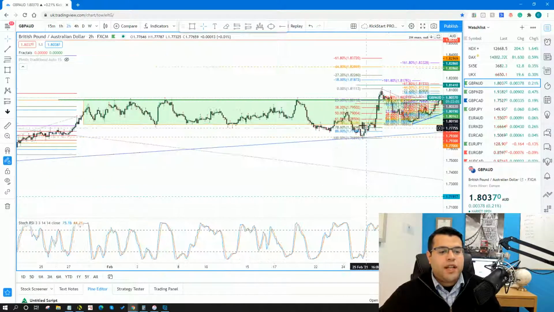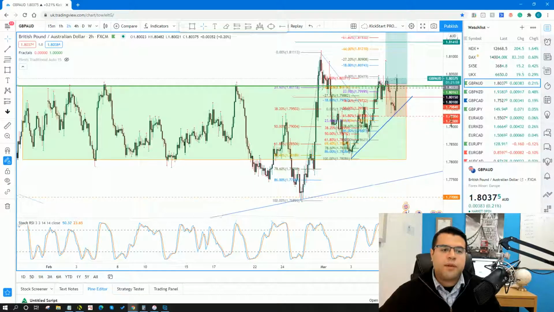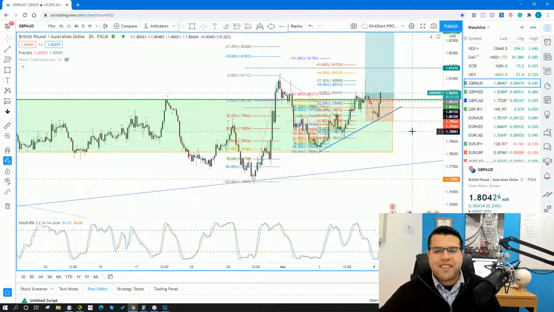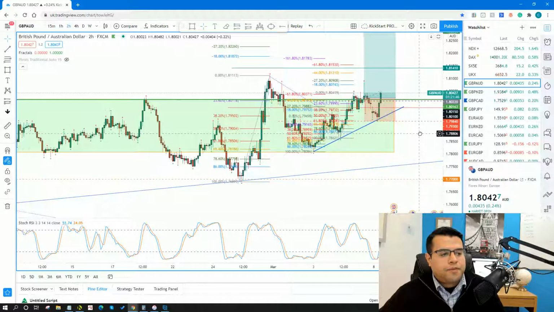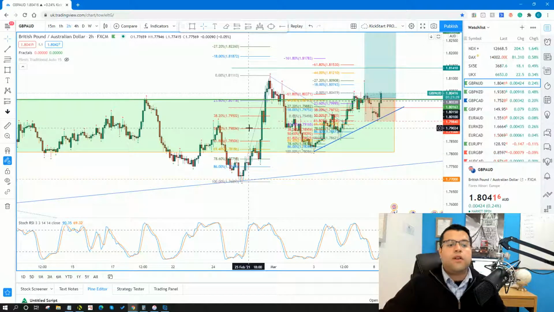Now, obviously, anytime you have a big rally like that, the market's going to pull back. Just like anytime you have a candlestick formation, the market's going to pull back. It's going to test it. More than likely, the market's going to test it, so you should just anticipate it. And you can see that even this move is following along with the fib pattern.